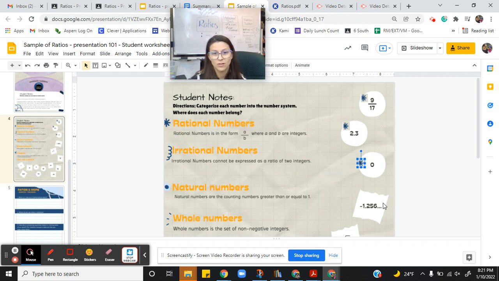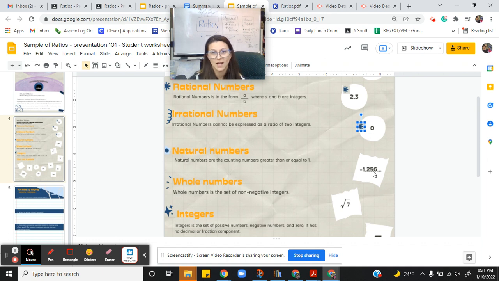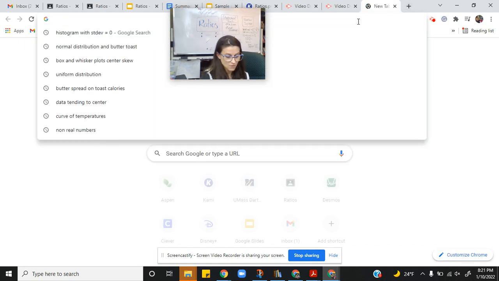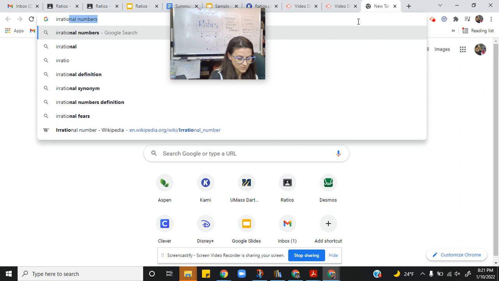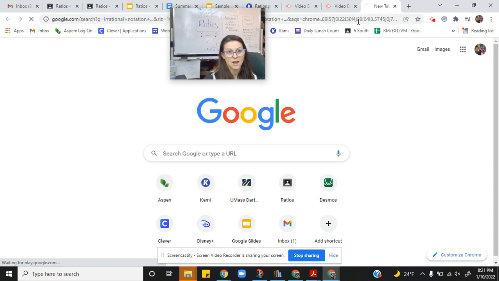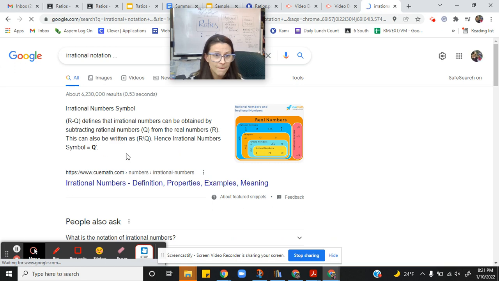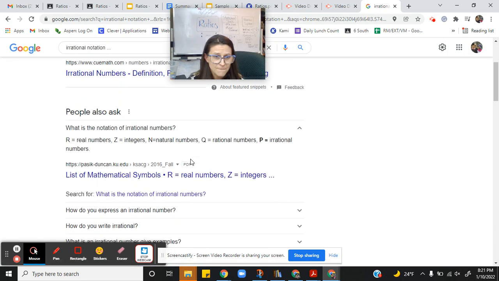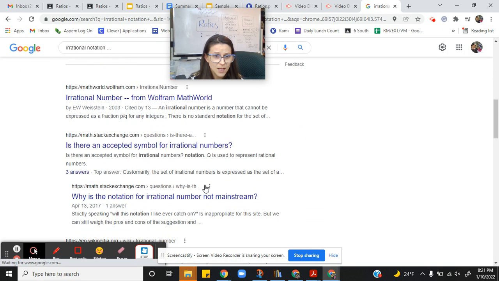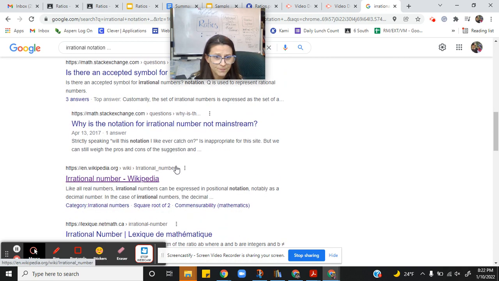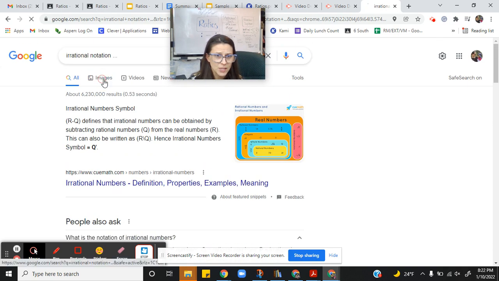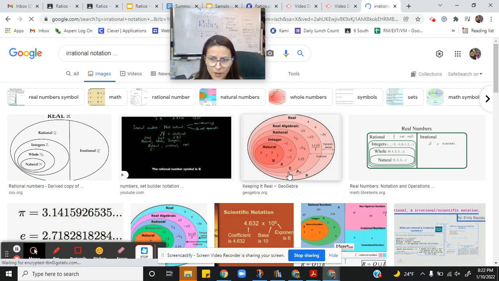This is not a rational number. It was on the irrational slide. This, let's see. Irrational notation, ellipses. Let's see. I don't know technically if those are proper notation for irrational numbers, but